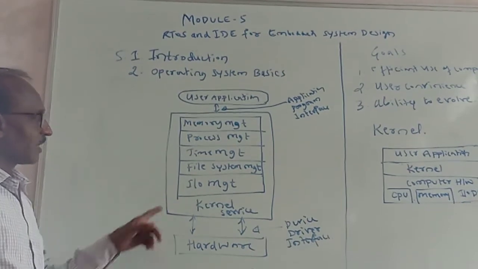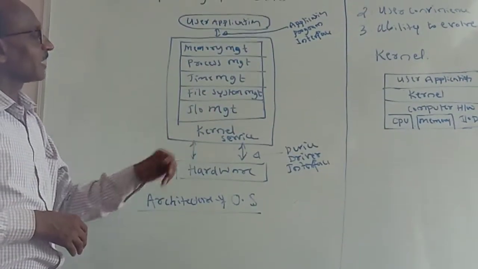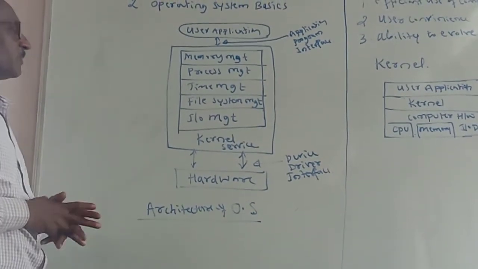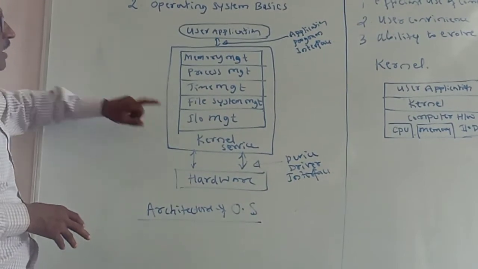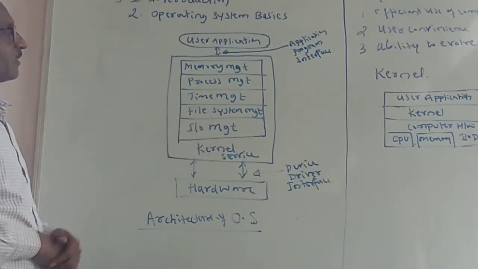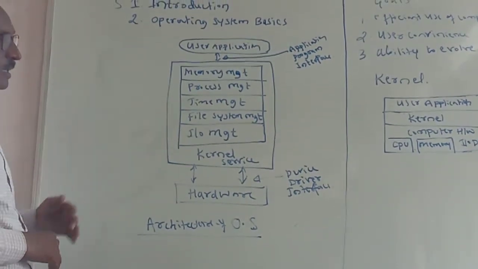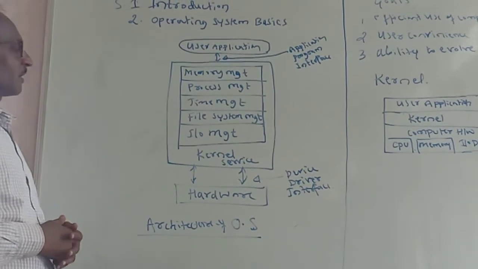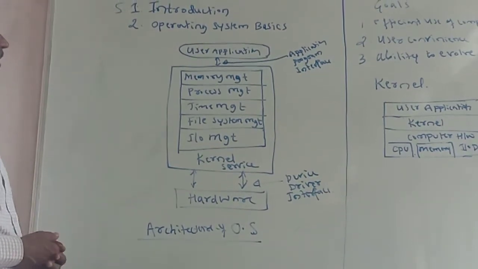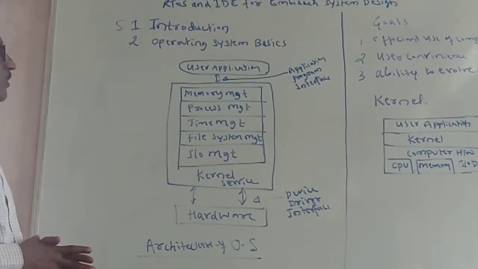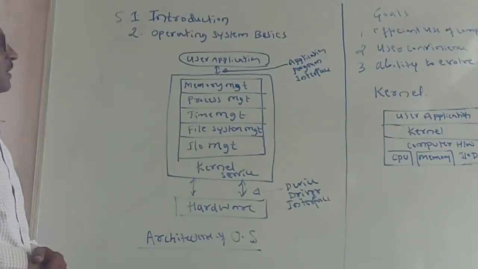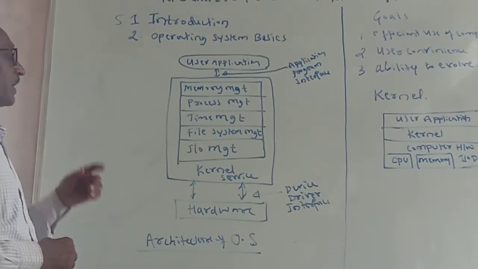Another thing: the caretaker of all these activities is the kernel. Kernel is one of the most important and sensitive pieces of software that should be present in the operating system. Kernel is not immediately connected to the user application, but it communicates with the shell, and the hardware parts are internally connected with each other. Hardware is connected to the keyboard and pen drive, so many hardware parts have to be connected. Kernel indirectly does all this process.